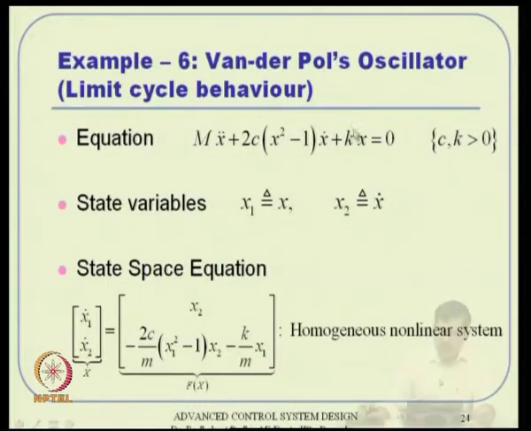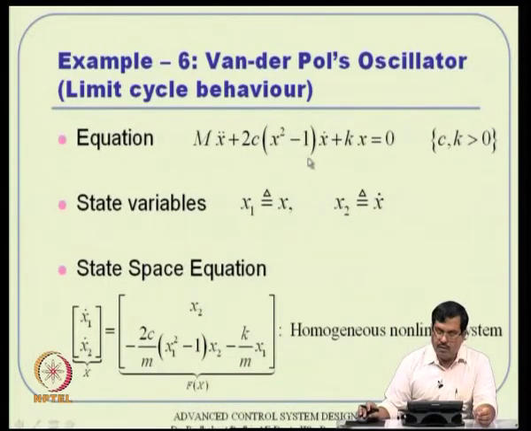Next example, an interesting one. There is a system dynamics with a nonlinear expression. You can interpret it as a second order nonlinear differential equation of a specific form, where C and K are positive numbers and the small m is the mass of the system. Again you go back to the state variable form with x1 and x2, the same standard way: x1 is x and x2 is x dot. So the state space equation will turn out like that.